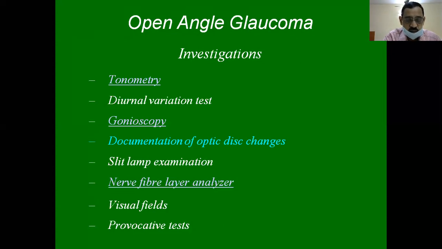Okay, so the various investigations we do in these cases: one is tonometry. As I have said, you will have to take intraocular pressure in these cases, either with Schiotz indentation tonometer or Goldmann applanation tonometer or the Tonopen, or Perkins applanation tonometer in case of children, or people being examined under general anesthesia. And diurnal variation in these cases is important both for the diagnosis and the management of glaucoma. So if there is a diurnal variation difference of around 5 millimeters, it is suggestive. If it is more than 8 millimeters, it is confirmative of primary open angle glaucoma.